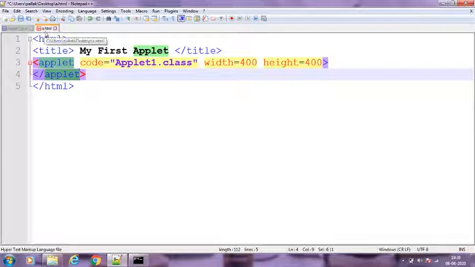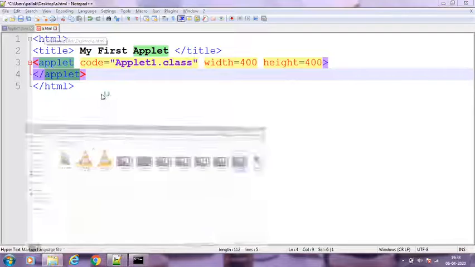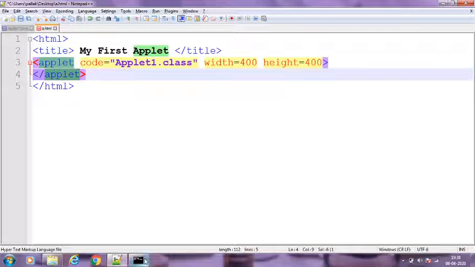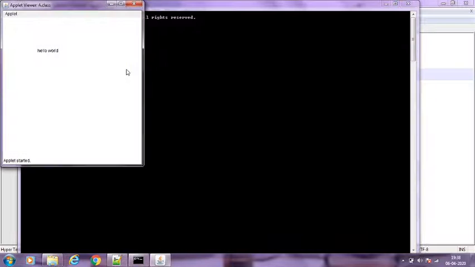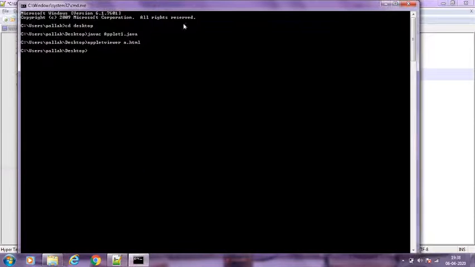So here I have given a.html, sorry, a.html, right? So on clicking it, you can see it is an applet, and this is a string that we have printed using the drawString method, right? So this is a simple applet program.